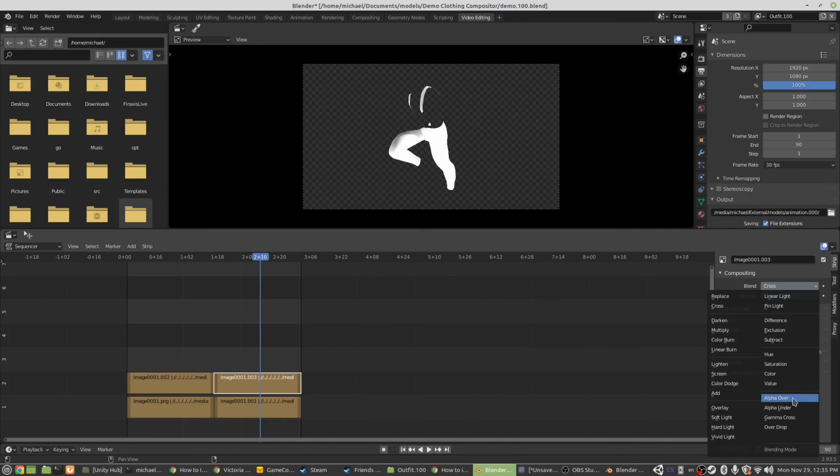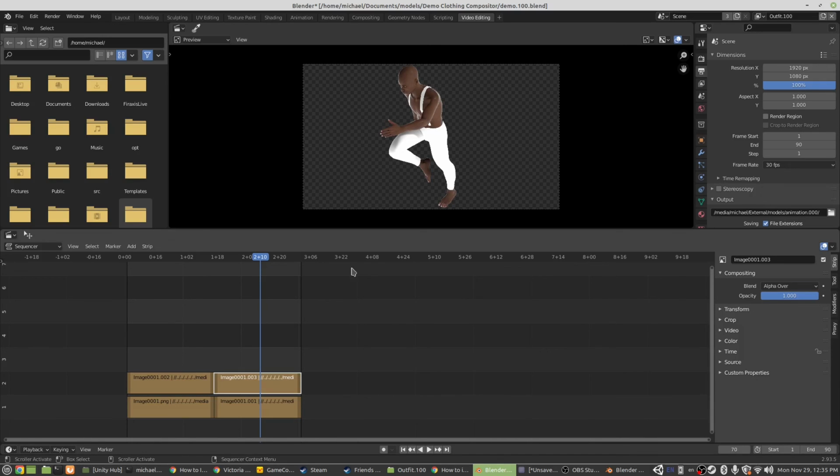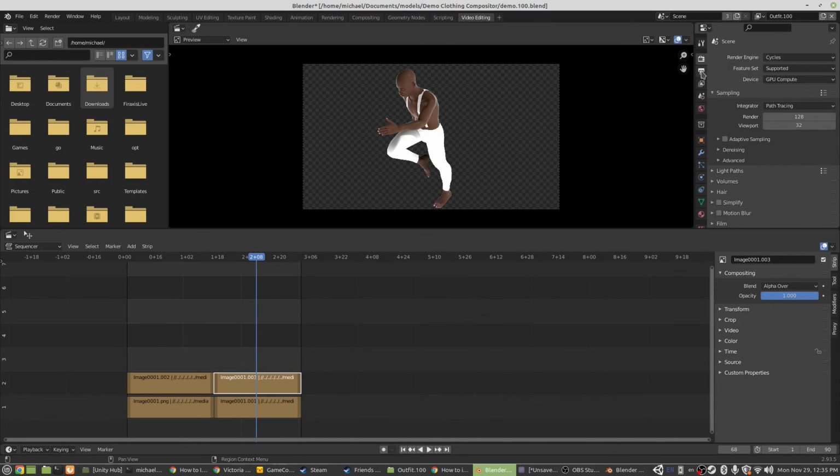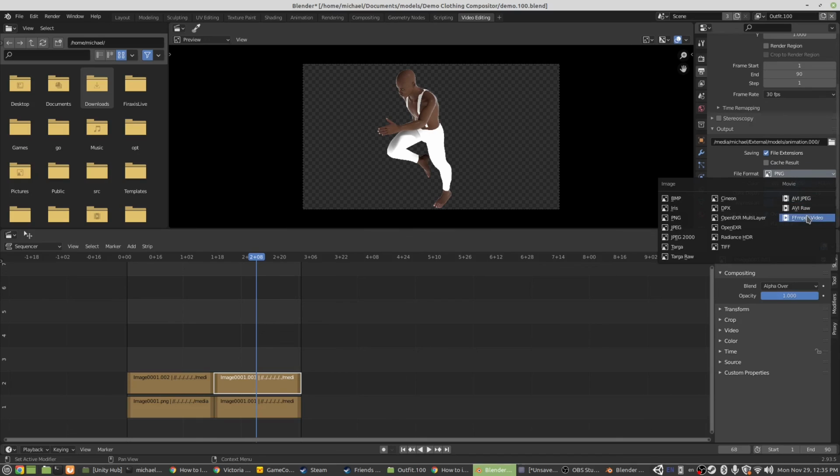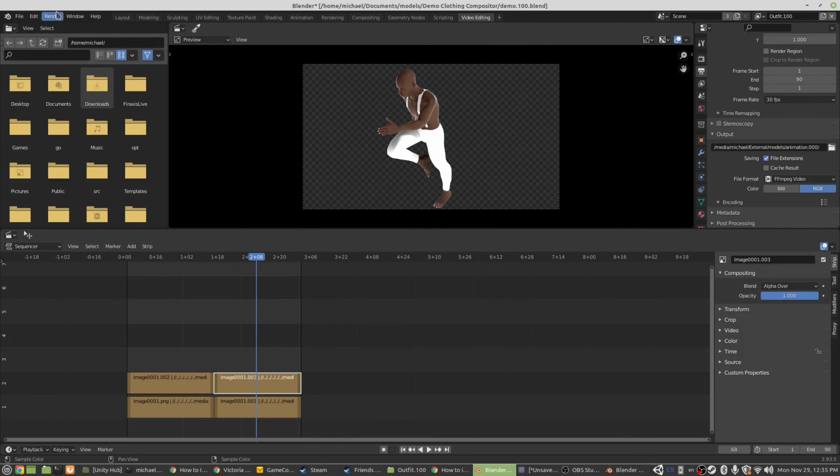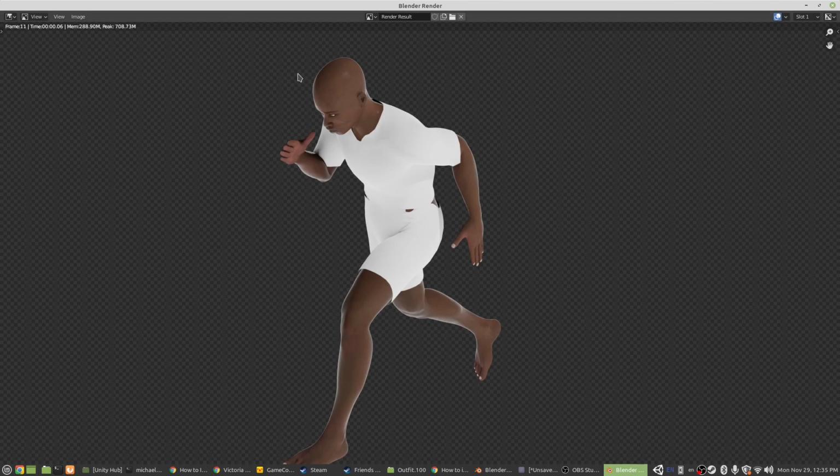All of these different options have their use in time, by the way. But what we'll be mostly using is alpha over here. And as you can see, we have the exact same animation with a new set of clothing on it. If I go to my output here and select the format of FFmpeg again and render this animation,